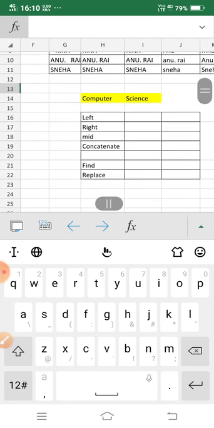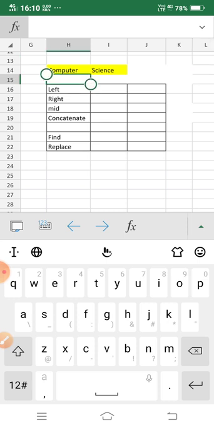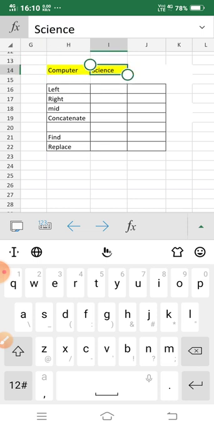Next I am giving the advanced text functions. Some advanced text functions are left, right, mid, then concatenate, find, and replace. I have written two texts here: computer in one cell, and science in another cell.